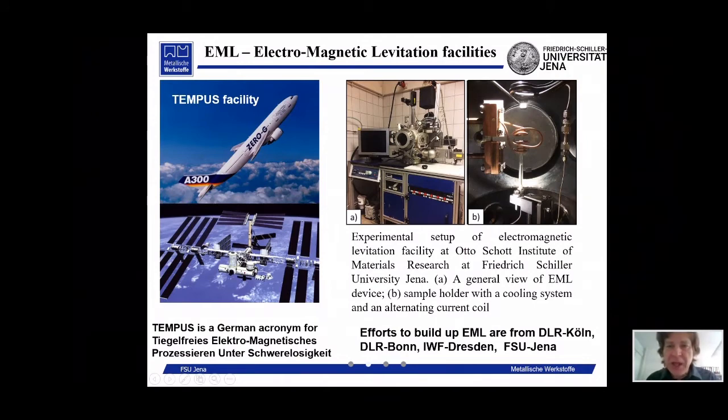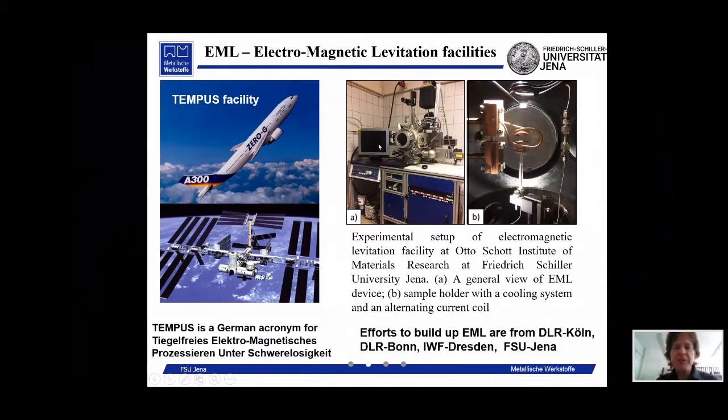So there is a special high-speed camera and pyrometer. This is a pyrometer which measures very precisely the temperature of the droplet, and somewhere here there is a high-speed camera which measures with a very high speed the propagation of the recalescence front. The recalescence front is a front of latent heat release at the tips of propagating crystals. Then we can see everything, record it on the computer, and analyze this picture